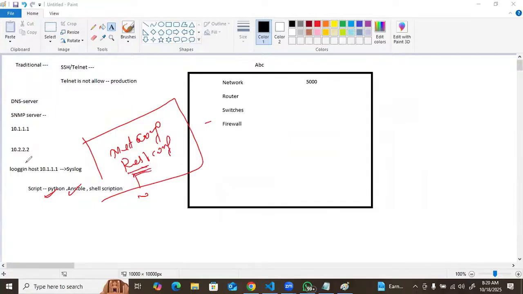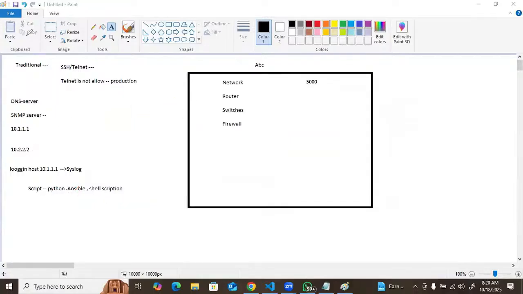So these are already automation tools, but the problem is we have the predefined templates, and using those templates, we can perform the task. We don't have a customized thing. Suppose you just want to change this one from this IP to this IP. This is your customized requirement. For that one, we don't have a template. We have to create our own template, right? So for that one, actually Python and Ansible are needed.